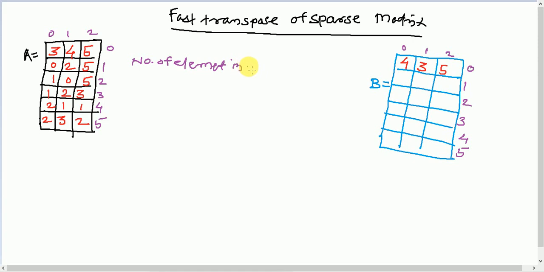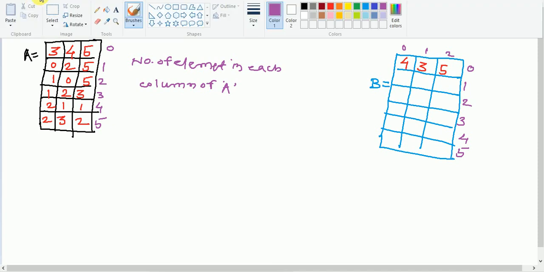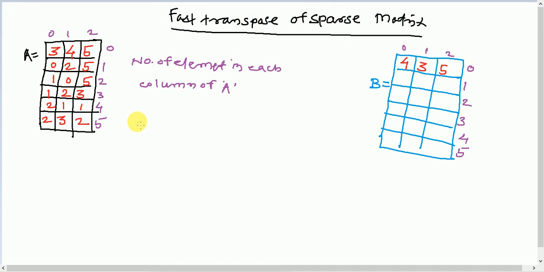For this purpose we will take a 1D array. Let's declare this array as column. All of you concentrate here. So this is the column array.